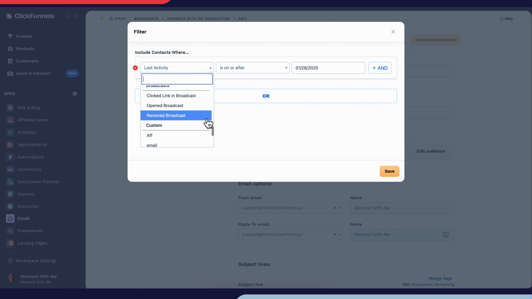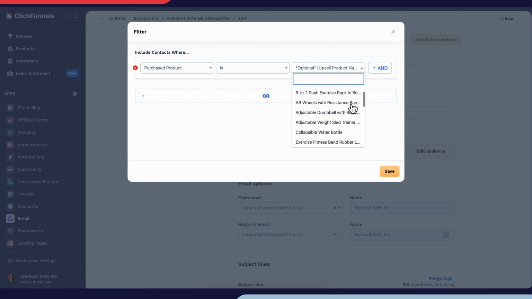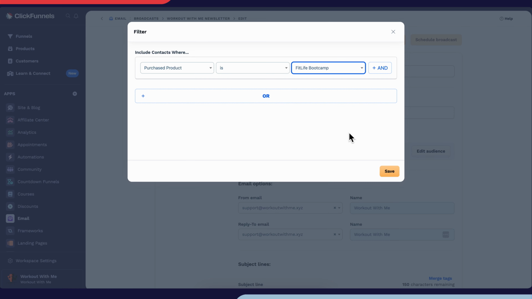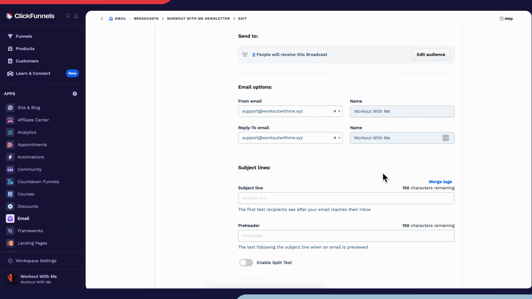And then there's also broadcast-specific filters. So these filters really allow you to fine-tune your recipient list, ensuring your emails reach the right people for better engagement and performance. Once you've created the perfect audience list, you can set email options, which includes the email addresses